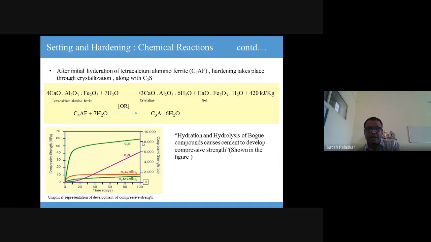After 28 days, the process of achieving strength continues. That is, as the age of the concrete goes on increasing, its compressive strength goes on increasing. That is shown in this graph, where time in days is given. Up to 100 days, the strength will go on increasing, either on the green color line or the orange color line, but at a later age it will be flattened. The rate of gain of strength will be reduced at a later age. Up to 7 days it is 65%, up to 90 days it will be 90%, and then it will be flattened.